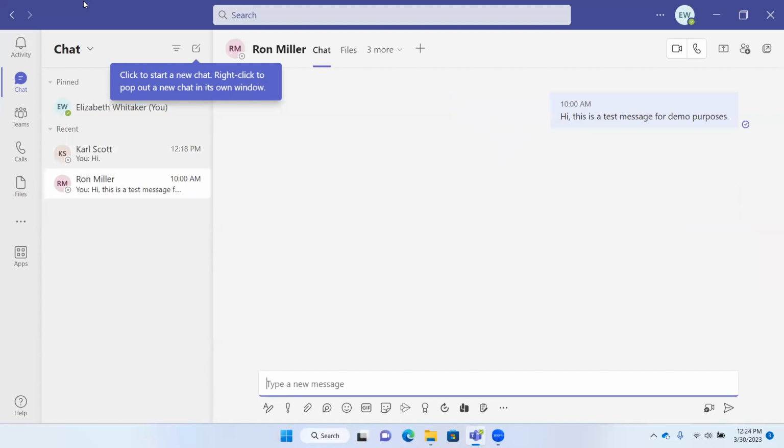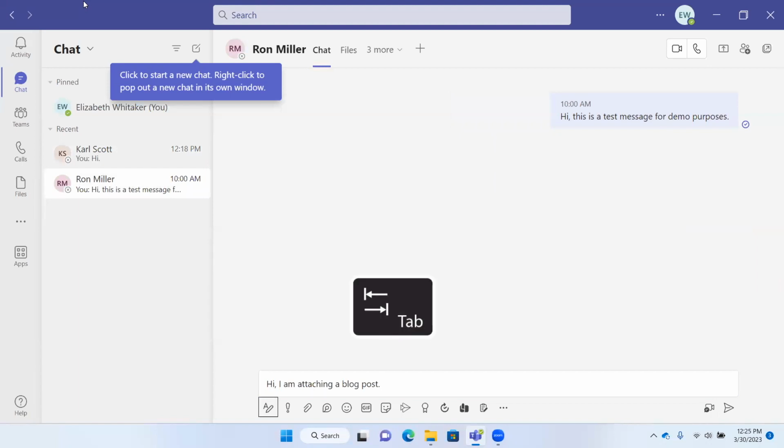All right, so I'm going to type a message. So I typed a message here. Hi, I am attaching a blog post. And to attach that blog post, I'm going to press tab. Actions for new message toolbar. Now we talked about this toolbar that we have here where we can take some actions and we're going to